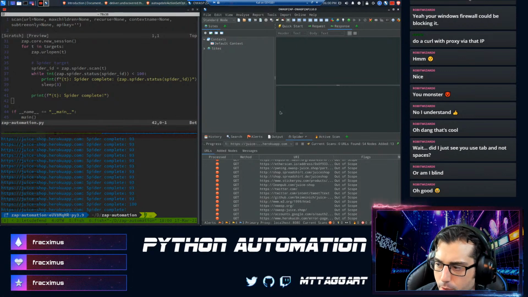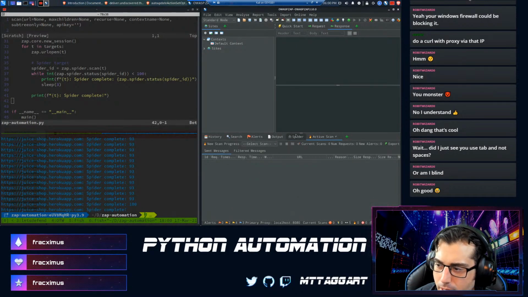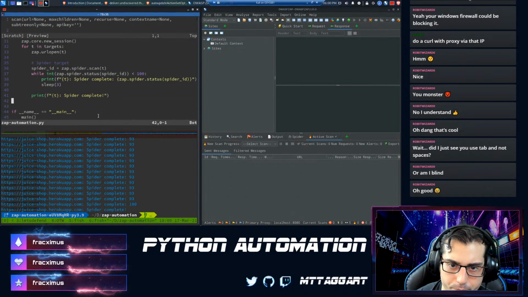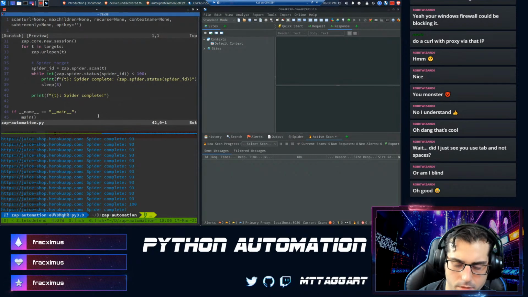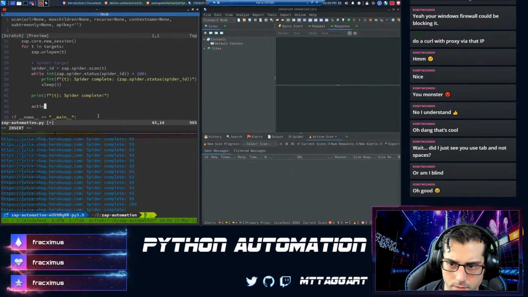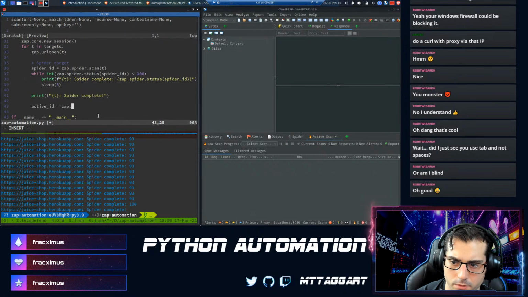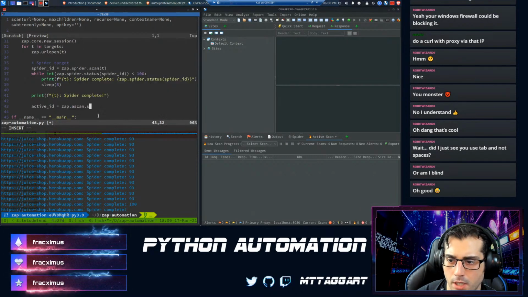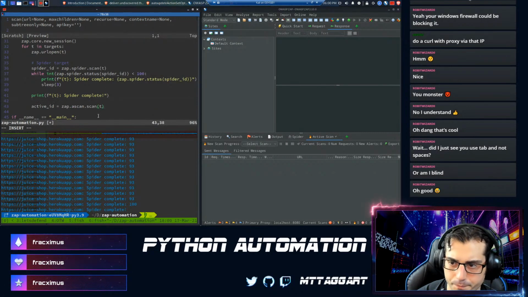We got the spider going for both of these sites, and then we'll have to do an active scan for each site, which will be something very similar. That's a scan, and scan works very similarly.